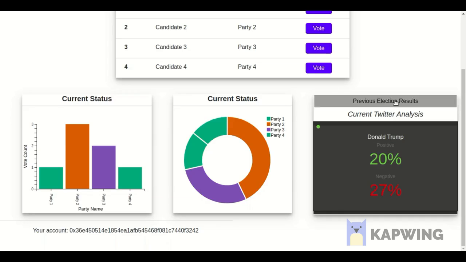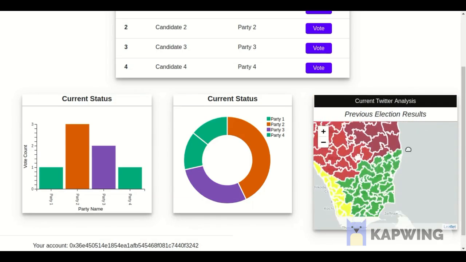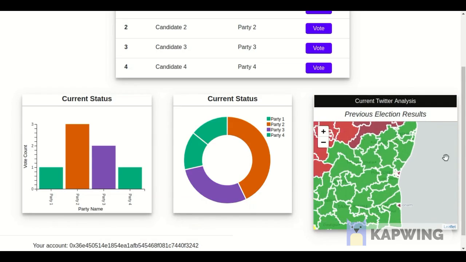this button here, once clicked, shows the previous election results constituency wise. So this map shows the previous election results, likewise the constituency name, winning party, and the votes polled in each constituency once hovered on them. This map can also be upgraded to show the live election status as it's showing here in the current status.